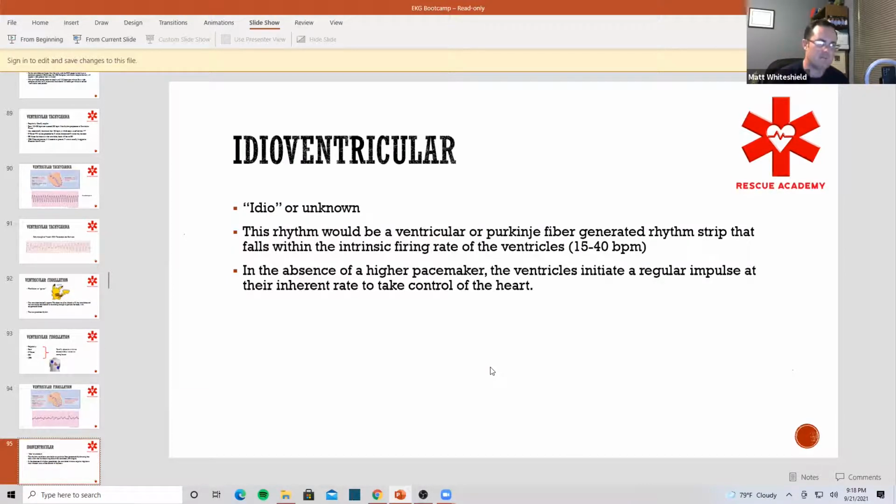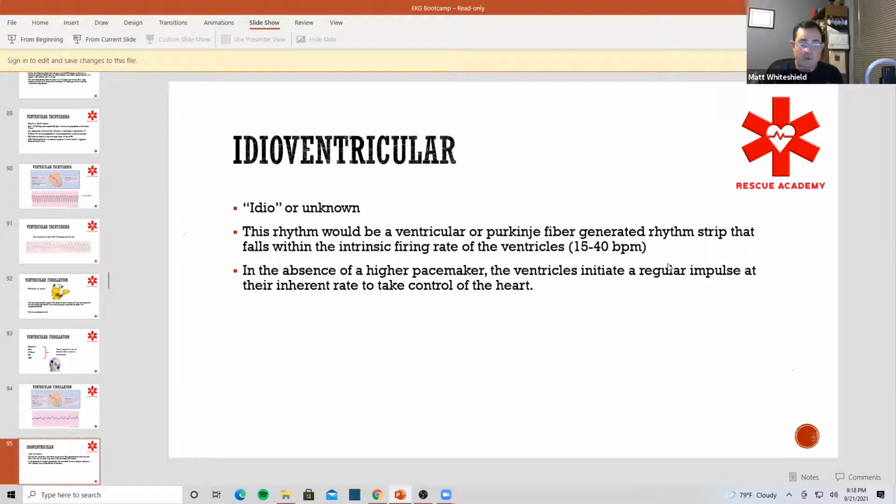Idioventricular, this is a rhythm that's ventricular, right? Or Purkinje fiber generated. It states 15 to 40 beats per minute. Super duper slow. This is less than 40 beats per minute. Now with what you know, the knowledge that you know of EKGs,